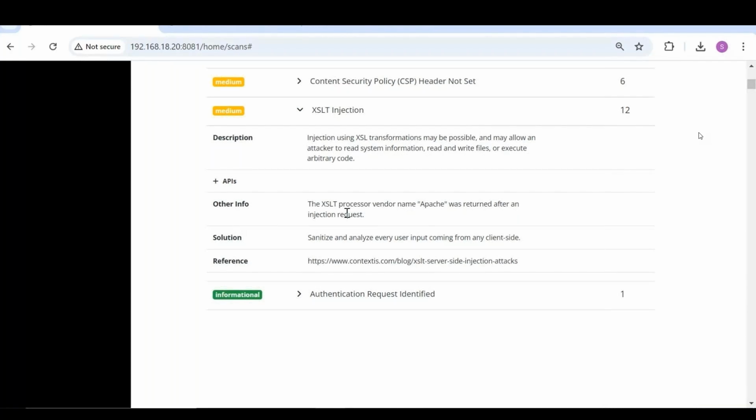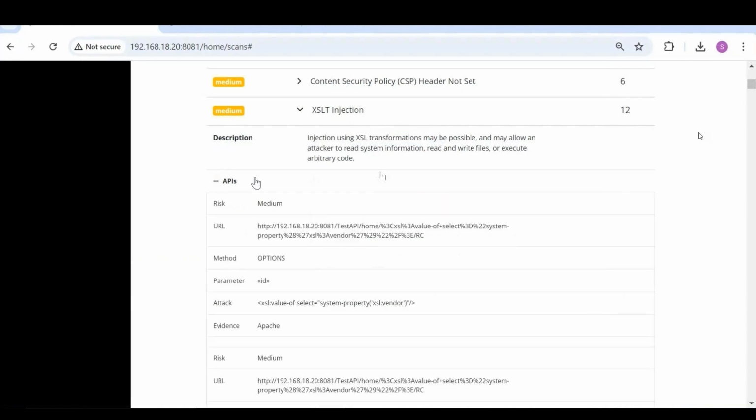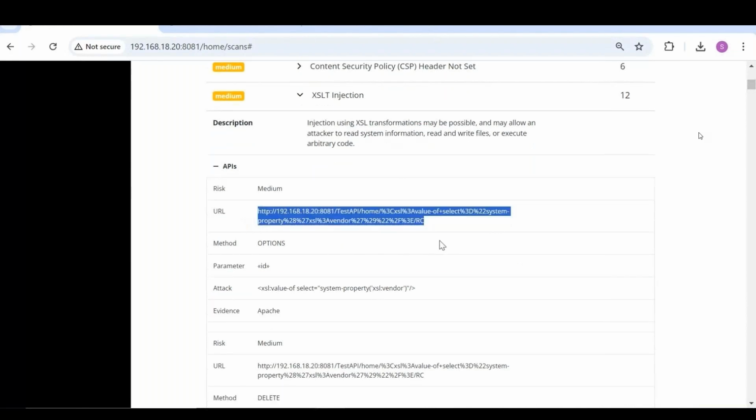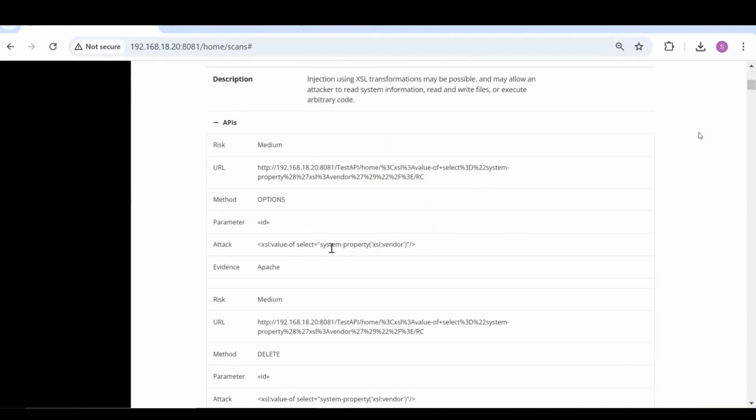Secura was able to perform injection using extra information and find that the backend server is an Apache one. So if I hit on this API,